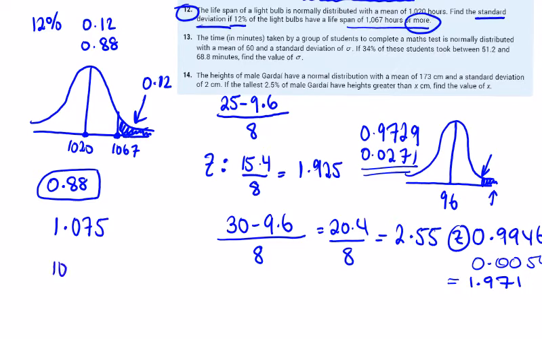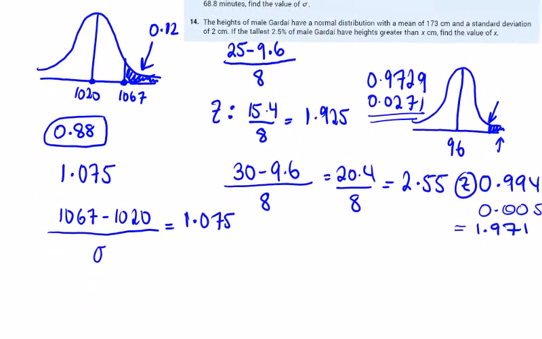So our test statistic, 1067 minus 1020 divided by my standard deviation. I'll just call it x. It doesn't matter what we call it. I can call it sigma if you want. Maybe keep it like that. Is equal to this